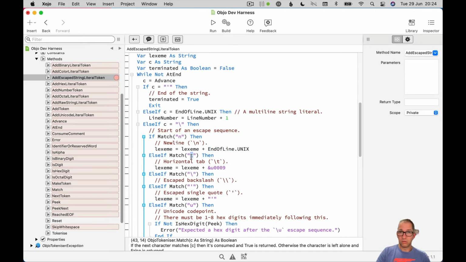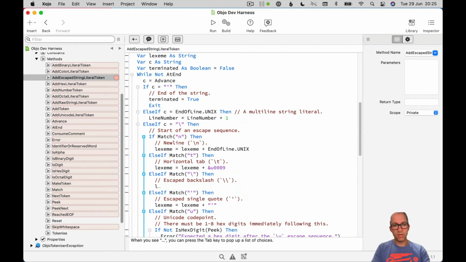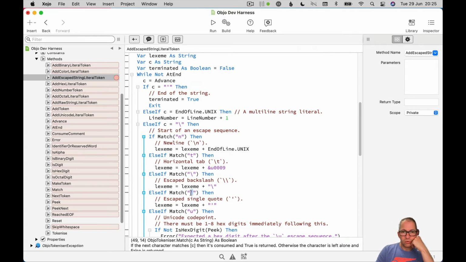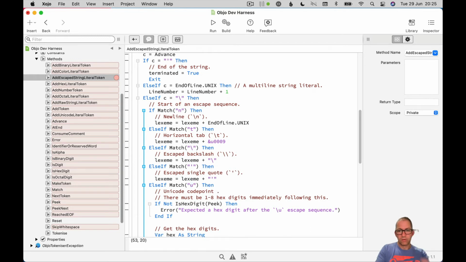If it's a T, it's a tab. So we add the tab character. If it's another \, then this is an escaped \. So what that means is, I've got an error here. If that's an escape \, so to that we need to add the \ character to our lexeme. If we match a single quote, then this is an escaped single quote. Okay, so we just add a single quote to the lexeme. Now the special case, if we see a U, that means we have got